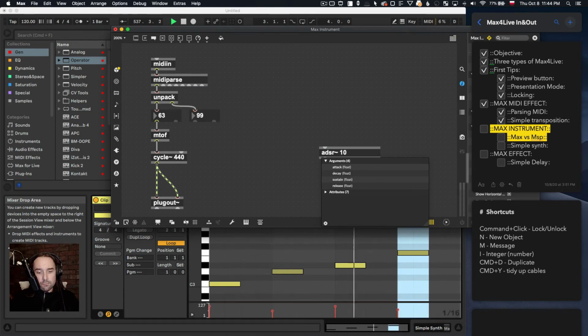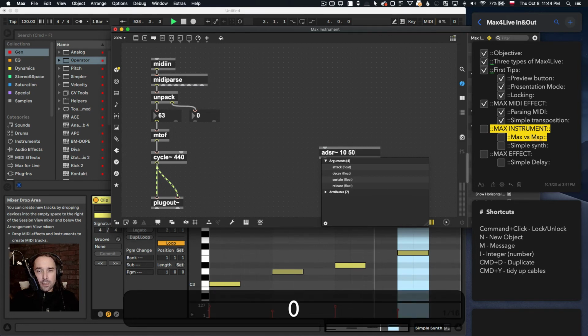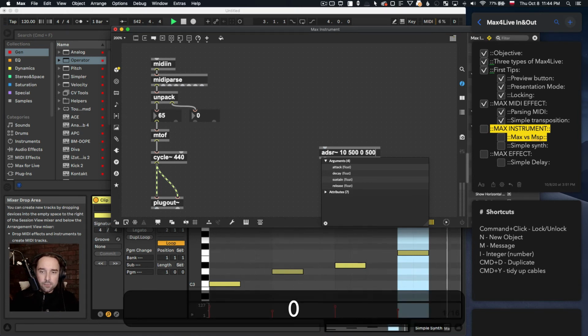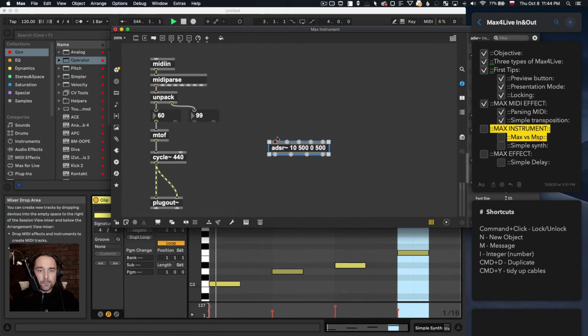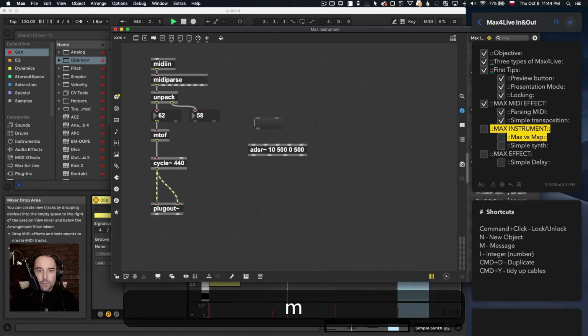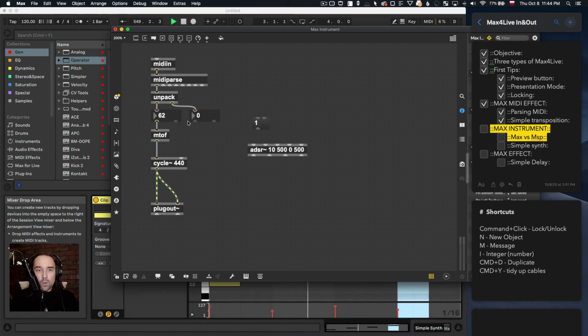So let's say have 10 milliseconds, decay, let's have 500, sustain, let's set it at 0%, and then finally release, let's just do also 500, doesn't matter at this point. And the way this object works is if you send a message, let's say 1 to this ADSR, it will generate this envelope, and the values in signal will